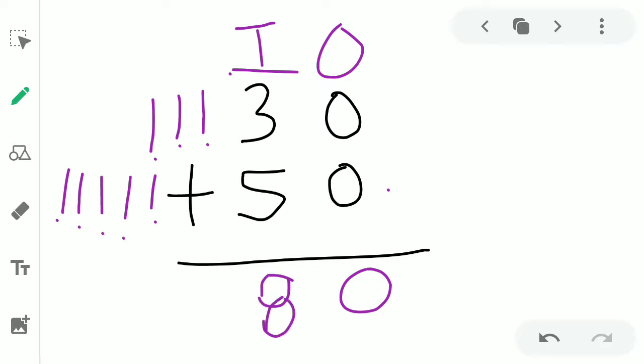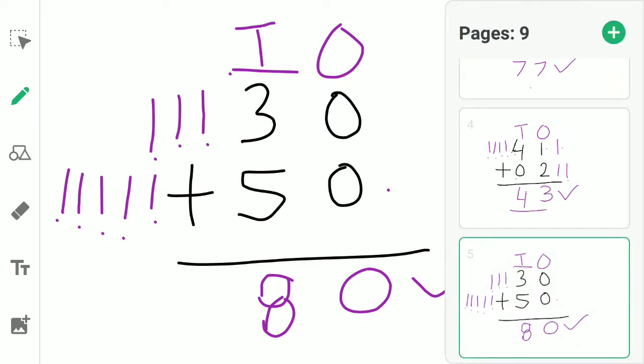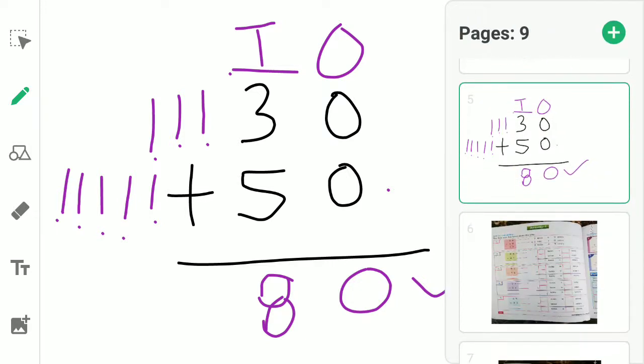Now after the addition of these 2-digit numbers, we have got a new number, and that number is also a 2-digit number, and the number is 80. It means 80 is our answer. 80 is our answer. So 0, and 5 plus 3 is 8. So 80 is the answer given here. So I hope this concept of addition of 2-digit numbers is clear to everybody.